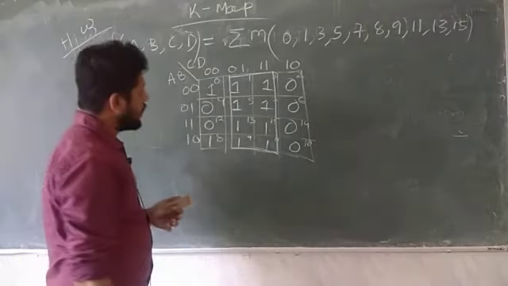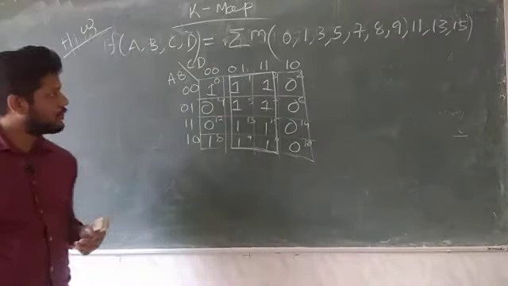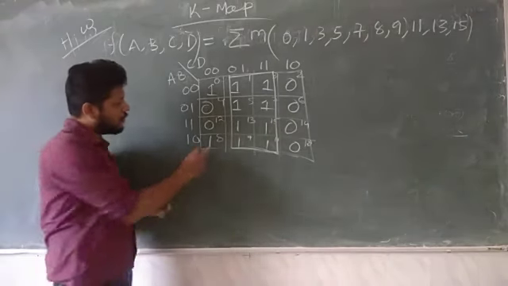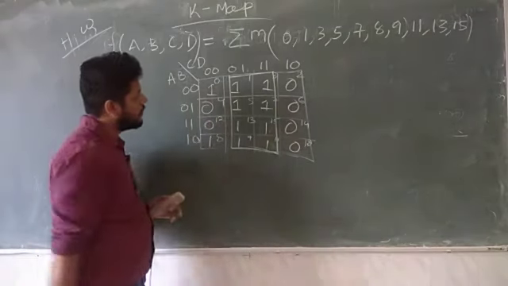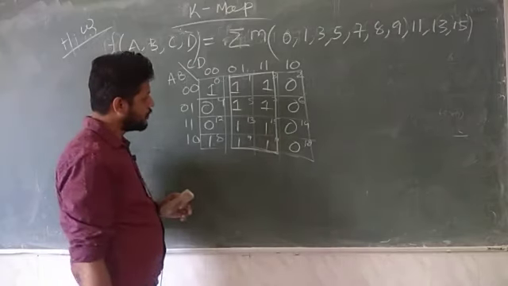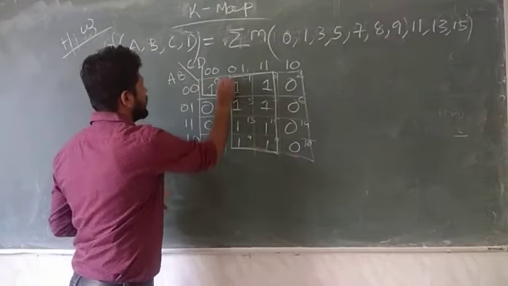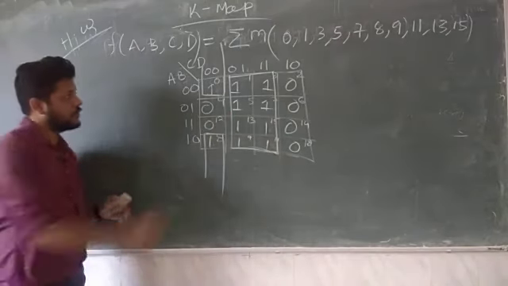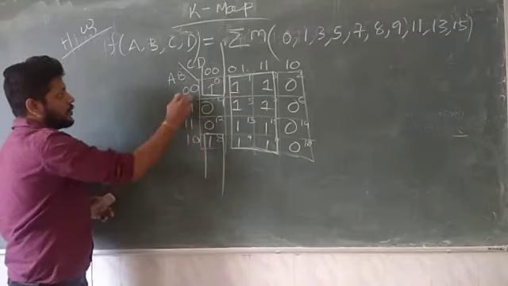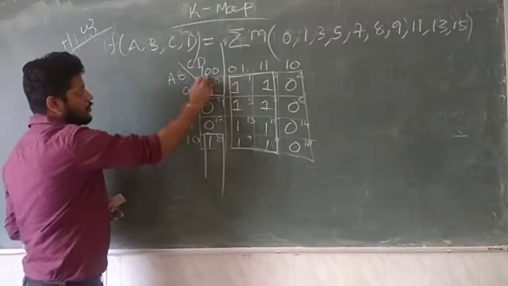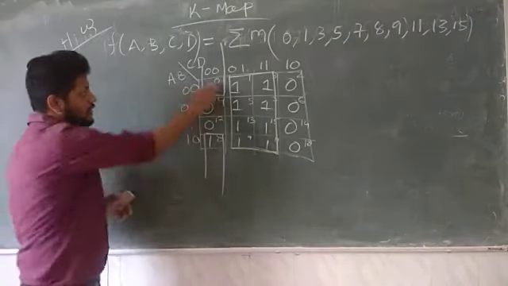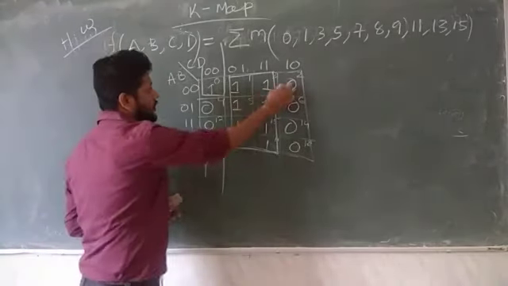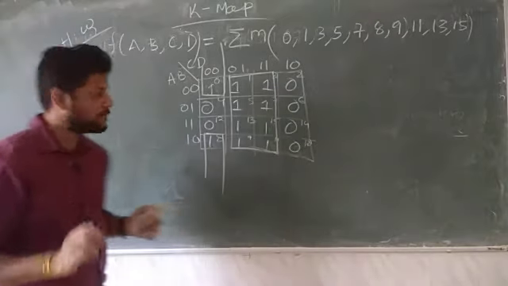Then we need to see whether a 4 cell combination is possible. No, we cannot see any 4 cell combination, because here one term is present, here one term is present. But we can combine this one term by using this 1 and this 1. 0 0 1 0. These two cells are adjacent. Why adjacent? Because 0 0 0 0, this is 1 0 0 0. So only one term differs. This cell and these cells are adjacent. This cell and these cells are adjacent. This cell, this cell, this cell, this cell are combinedly adjacent.